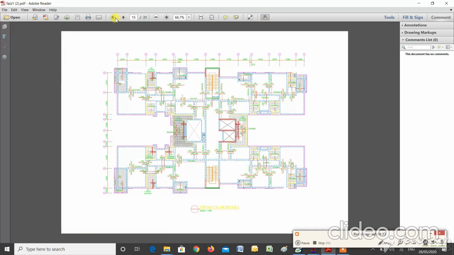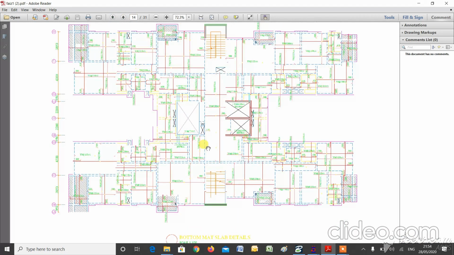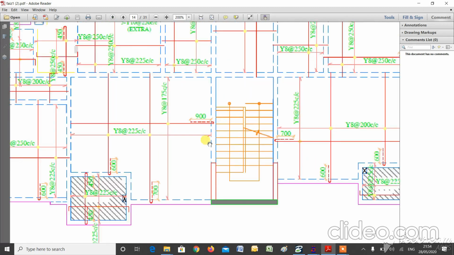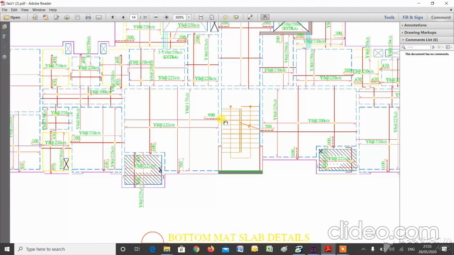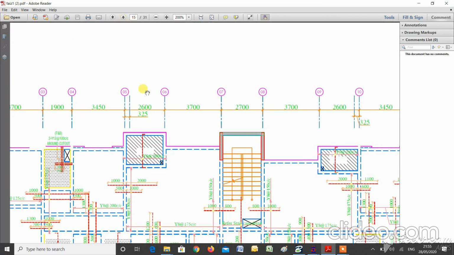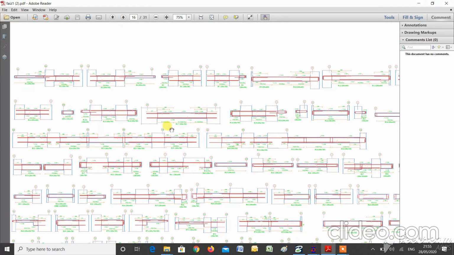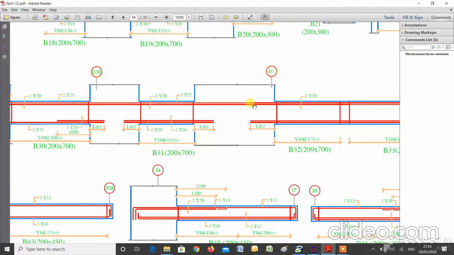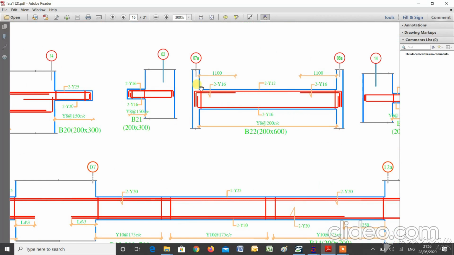Then you should be in a position to prepare slab details. And the slab details again is classified into top mat and bottom mat. This is all you need to learn. For example, where to bend the bars, how much is the length that has to be curtailed, and where to curtail it. All this has to be learned. Then the beam detailings also you need to learn, where the bar has to be cut, how much it has to be bent. For example, this length, how much you need to provide. All this you have to go through.